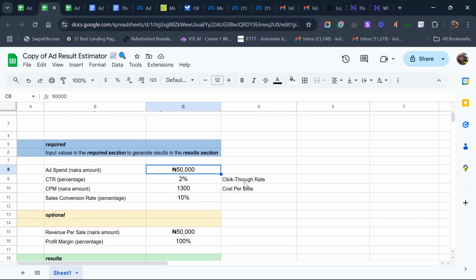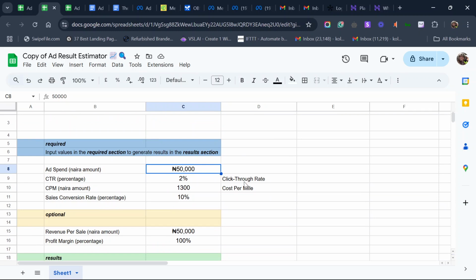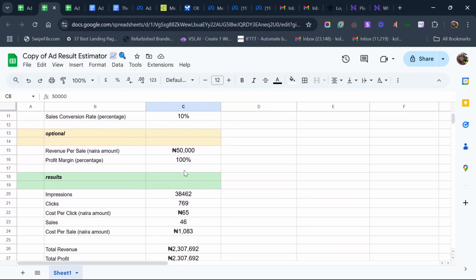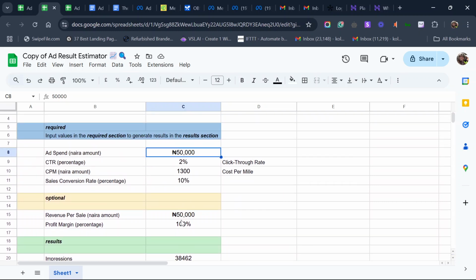And also when you start to run ads, you begin to discover that, okay, now you're establishing a benchmark. So that benchmark is like the typical result you get from ads. So when you have that, it's easy to come here and tweak some of the things. You can play with the revenue per sale. So instead of maybe spending more on ads, you can just decide you want to increase the price of your product. If you increase the price of your product, you might discover that your ads start to perform even better